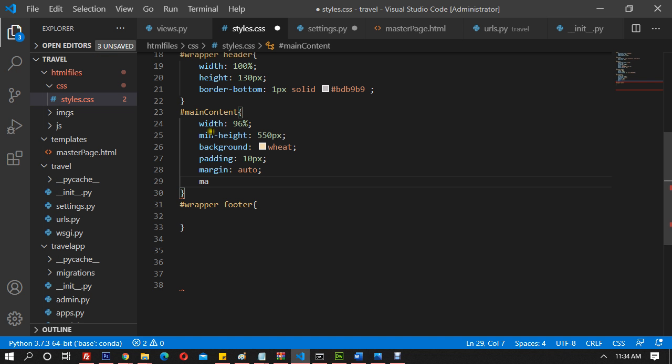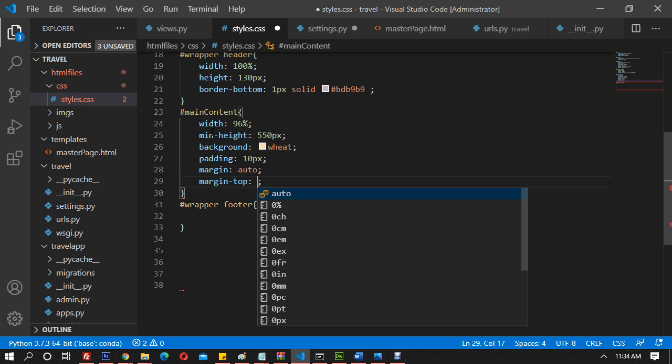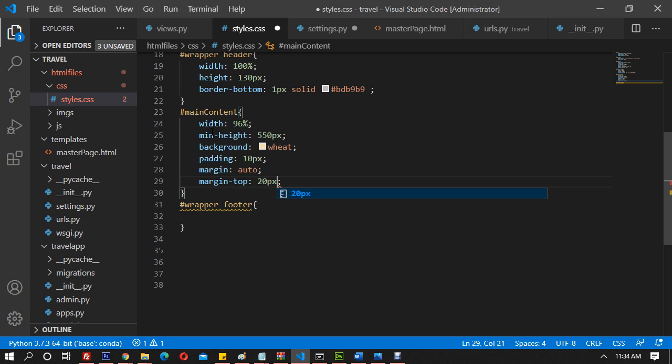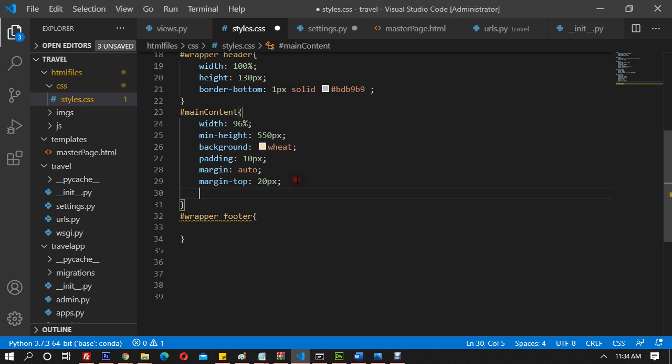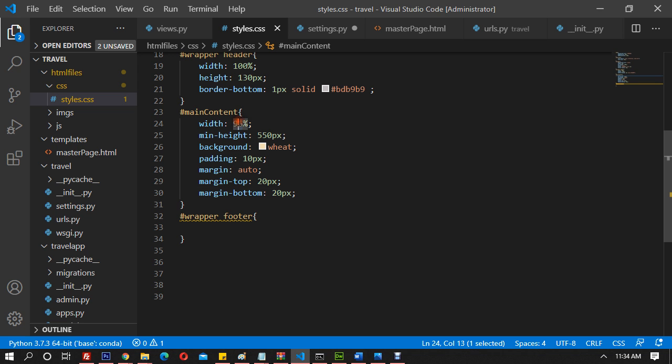So I'll say margin. I want to give margin top. And how much do you want? Margin top is going to be, for my liking, 20 pixels. It comes down 20 pixels, absolutely fine. And I will also give margin bottom of 20 pixels so that it comes in the center. Right, absolutely fine now. And maybe I'll increase, I'll say